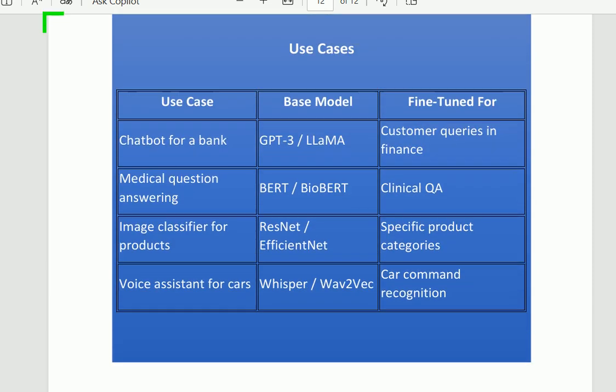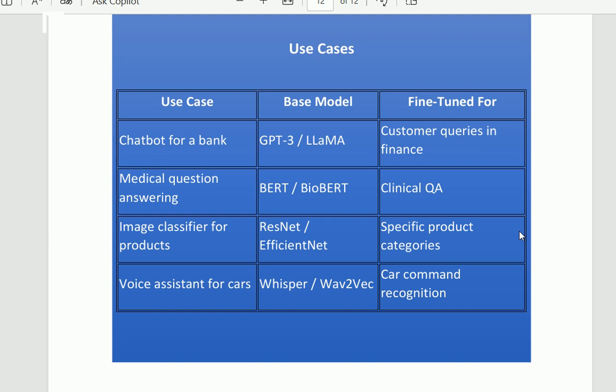The third one is the image classifier for products. If you are developing an application for image classification, then definitely you have to select a base model. The base models usually used in this case are ResNet and EfficientNet.